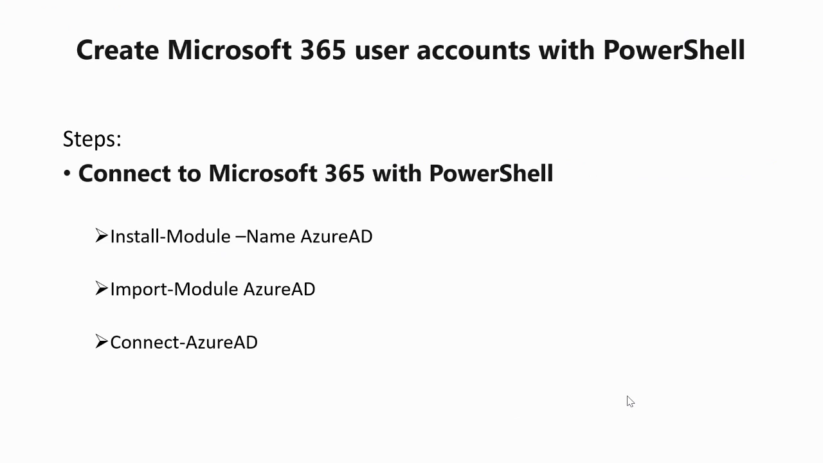The steps in creating a user using PowerShell involve us installing the right Azure module. Then we're going to import the module. Then we connect to the Azure Active Directory. Once we have done that, we can proceed to run the script